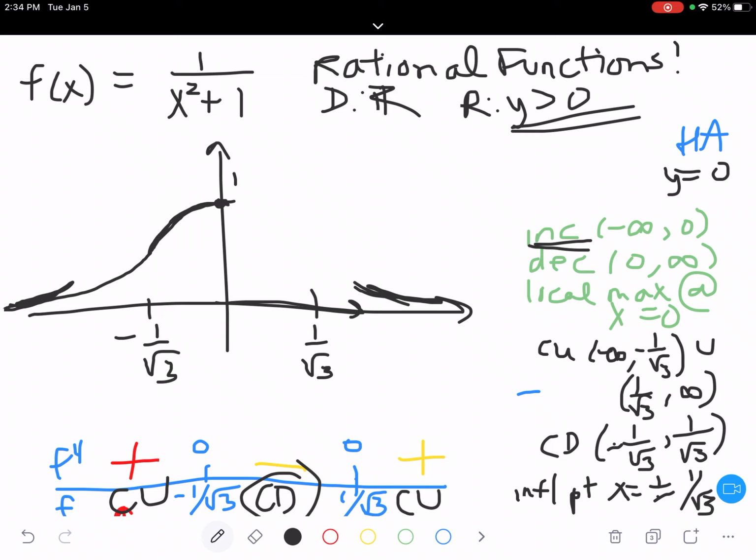Then I switch to decreasing concave down, and then I switch to decreasing concave up again. It's one of those weird rational functions that looks like a bell-shaped curve, one of the ones that we didn't know how to really graph when we were in Algebra 2. And here we're using calculus, and yes, the algebra got messy, but I can produce a very effective, very accurate graph even without